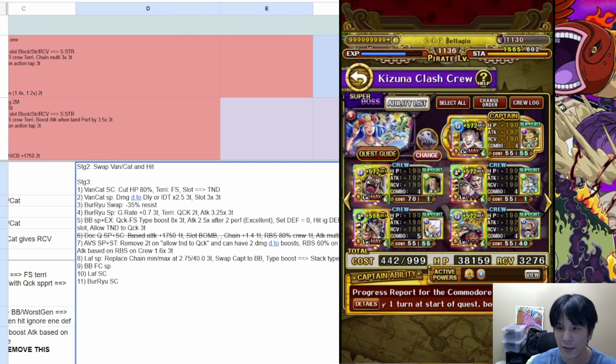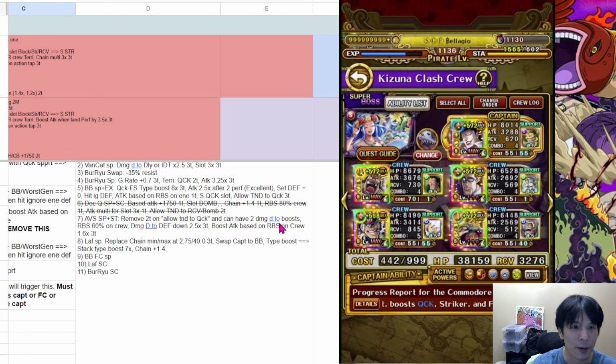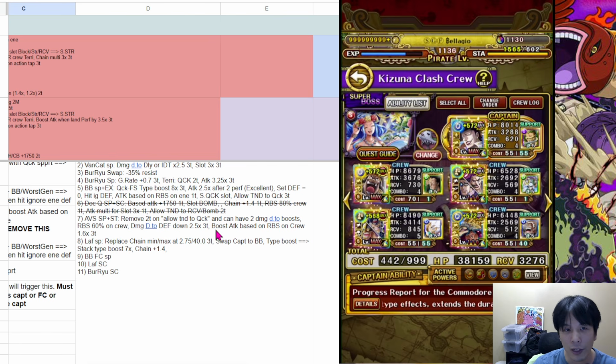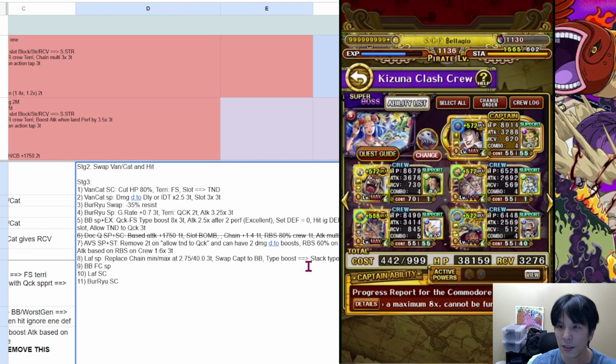Alright, so next is... where are we? Okay, we're gonna have Rainbow Shield on our side, 60%, and on the crew, that are already good. Boost base attack on crew. This is from the super type. Super type of AVS will give us boost base attack on RBS base on crew, so 60% is gonna give us 1.6. Okay, I should add some information here, which is delay. Okay, now we're going to delay